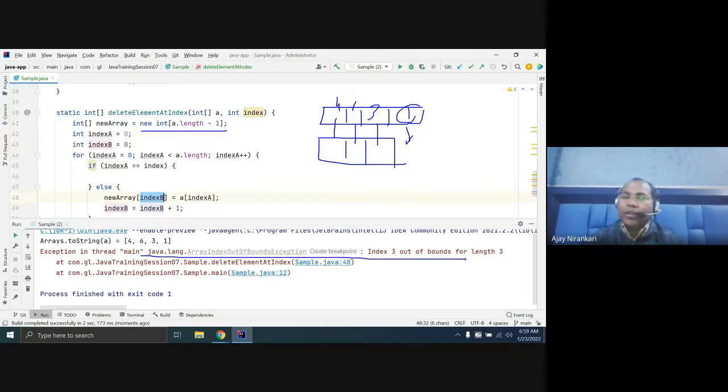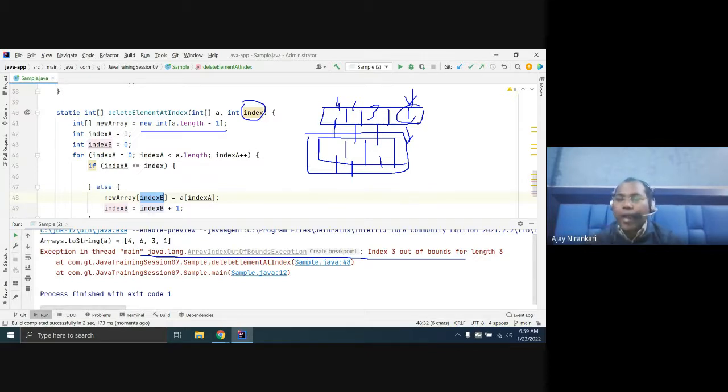So how to avoid it? You have to check something. Whatever index the user passes here, this index cannot be greater than the array length. If the array has index 1, 2, 3 only, you cannot pass 4, right?